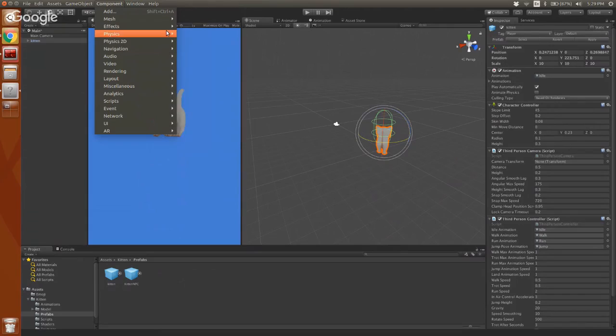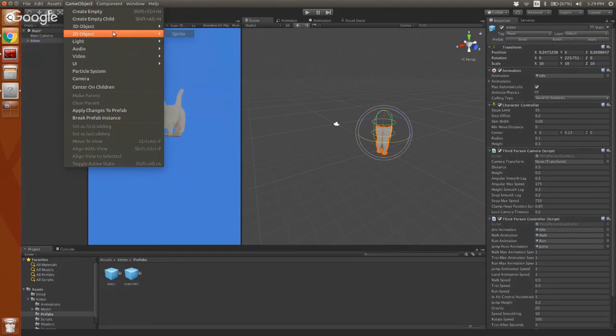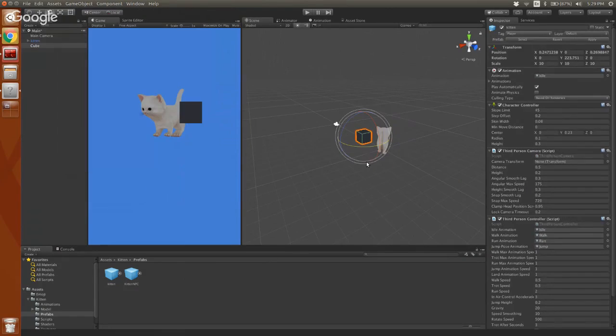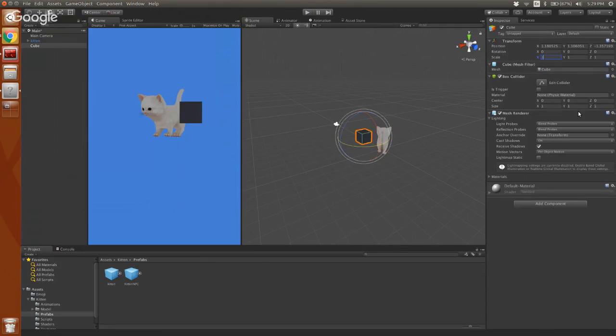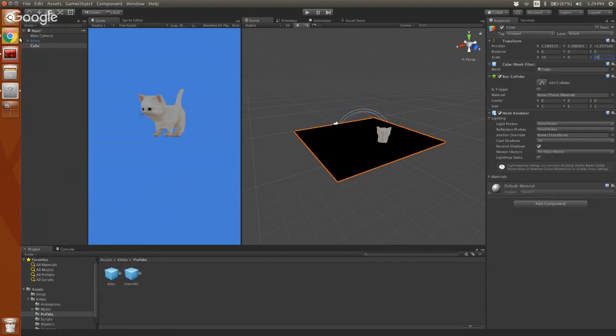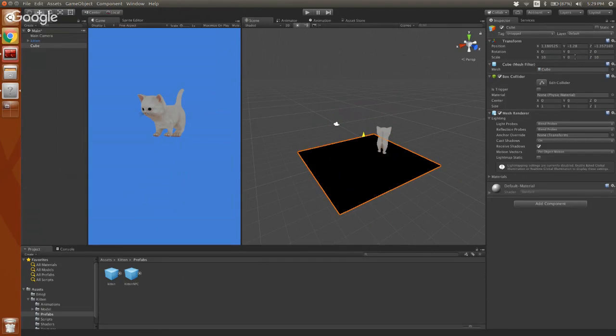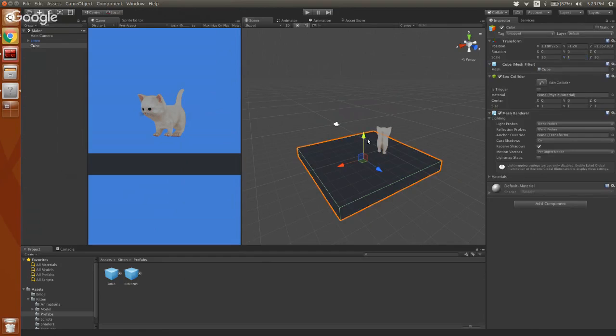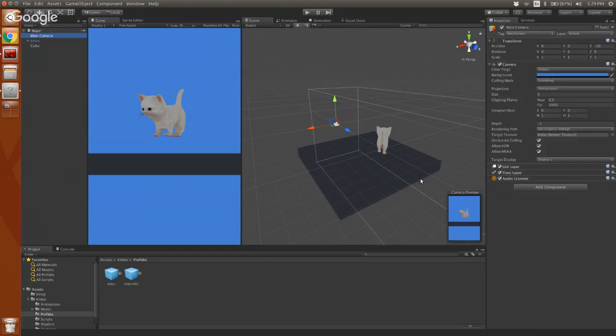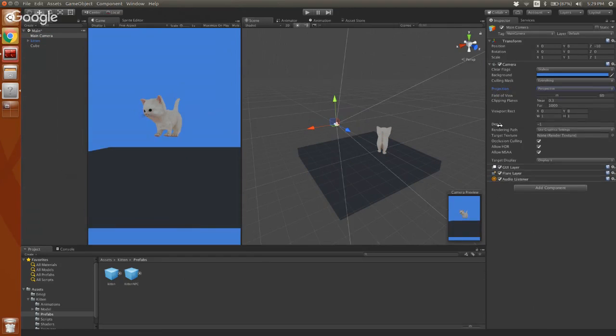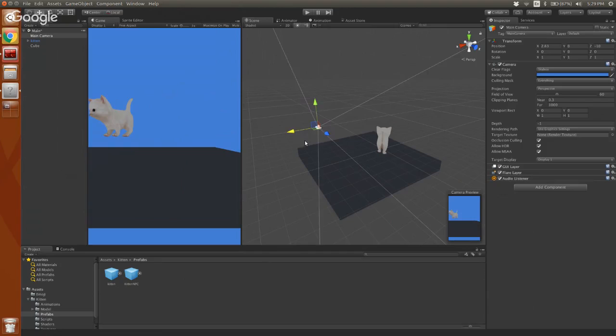Let me go ahead and add some ground for him. We'll add a game object, 3D, cube. Would turning this back make this faster? It could be, but I also think it might interfere with some of the scripts on the kitten, and I want him to be able to walk as she likes. So let me do that, and let me also change this camera to perspective. So now this is exactly the same as if you were dealing with a 3D game. I just changed the way the camera works now, but that's not important.